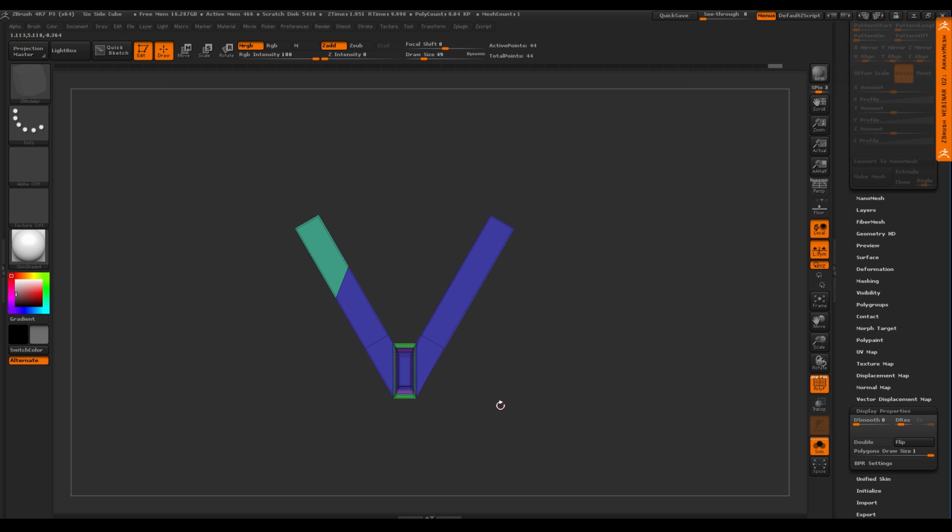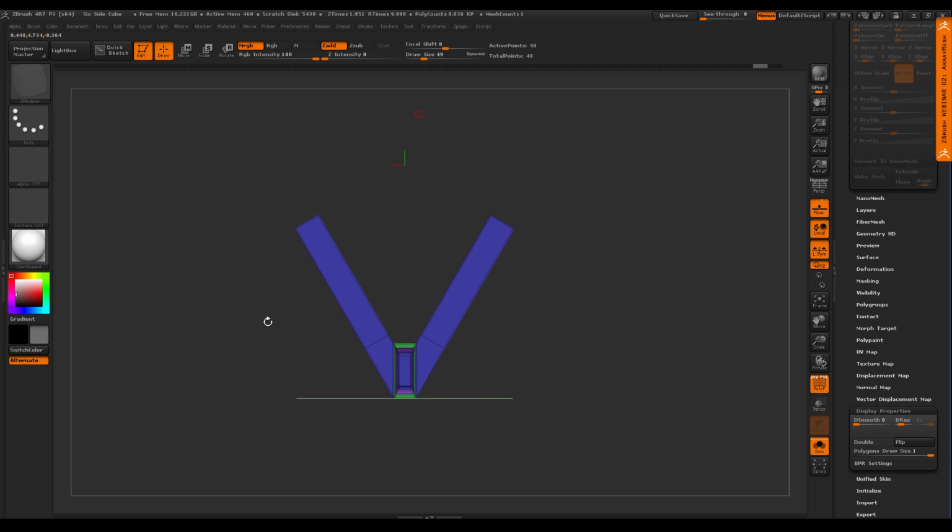Let's say maybe I want to put an angle like this. You can see what happens. It's not symmetrical, so it's not happening on the other side for us. So this goes back again. I'm going to throw the floor grid on again. You can see that red line. That's the positive side of X over here. There's no line here, so this is the negative side of X.